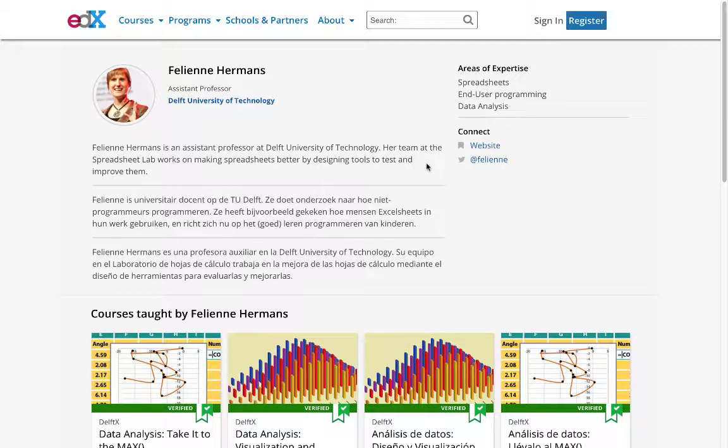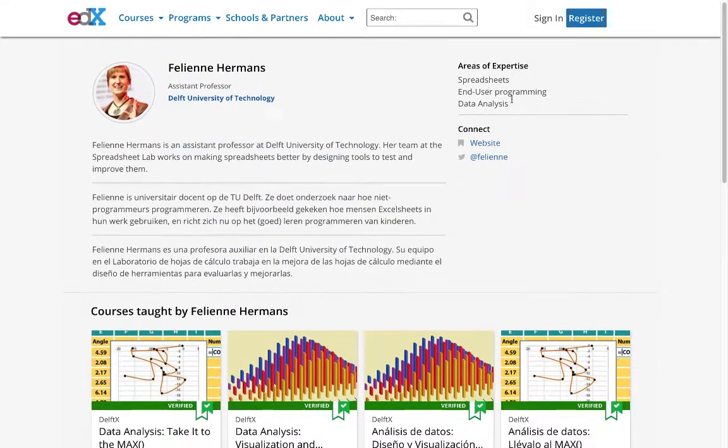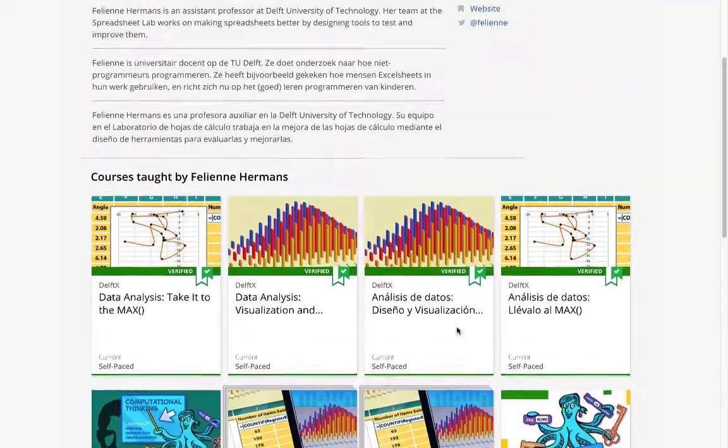Here I can see I have this wonderful profile page. I can learn a little bit more about this instructor. I can actually go to her website and see her Twitter. I can see her areas of expertise, which data analysis should probably be linkable here because that can click me to additional courses on data analysis. Or even this area of expertise could be filters for all of her courses